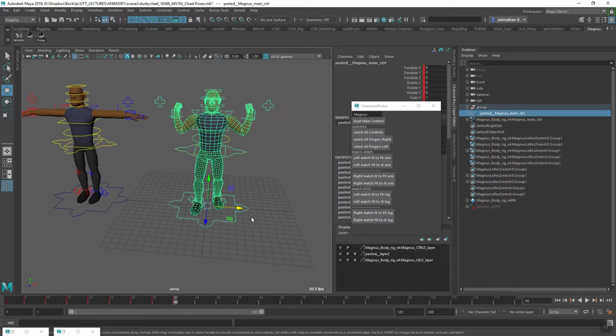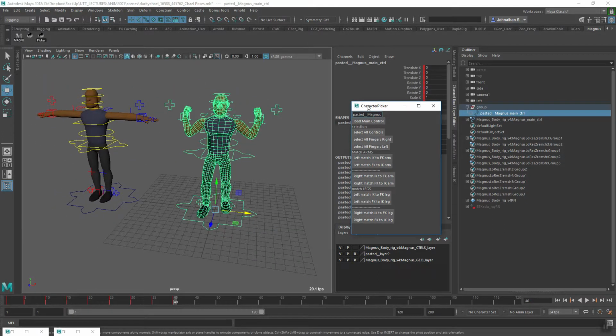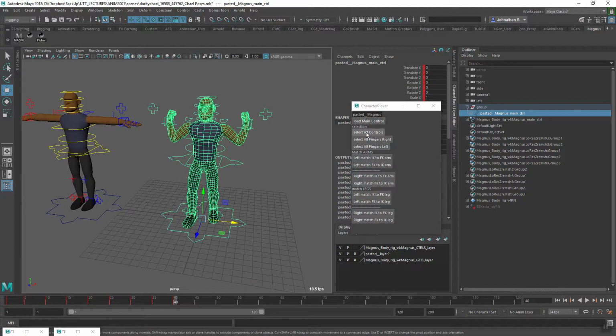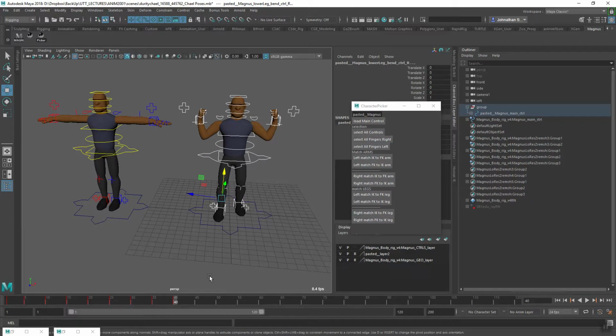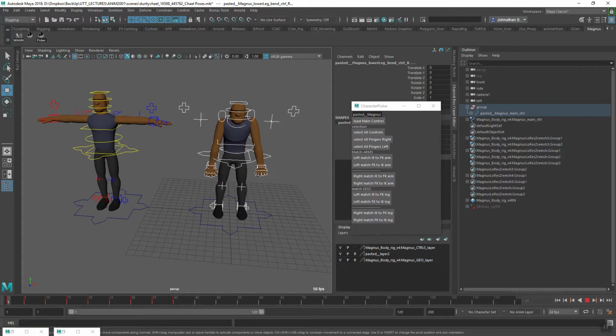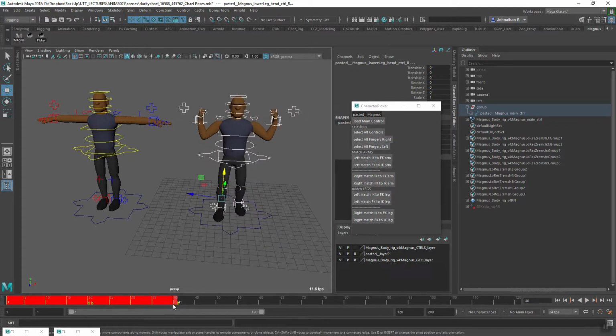What I'm going to do is load this one here, select all the controls, and copy all of these keys from this character onto this character here. So I can start at frame 1. I can hold shift and drag over the last frame here, so I'm going up to frame 41. I think it's important to keep those ranges the same when you're copying and pasting. So I'm going to right click,